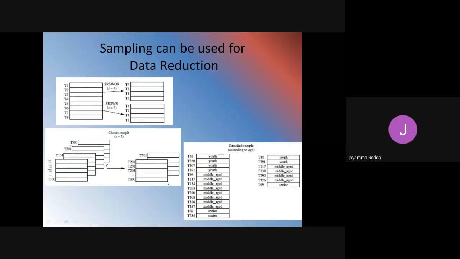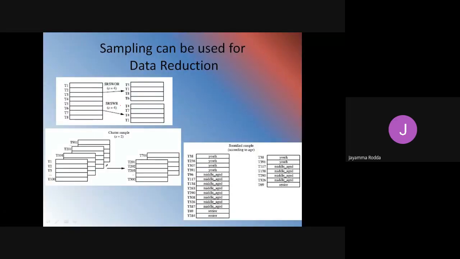You see in the first one here, there are various tuples T1 to T8 and the sampling is done. What is this SRSWOR? Simple random sample without replacement. I repeat, simple random sample without replacement.